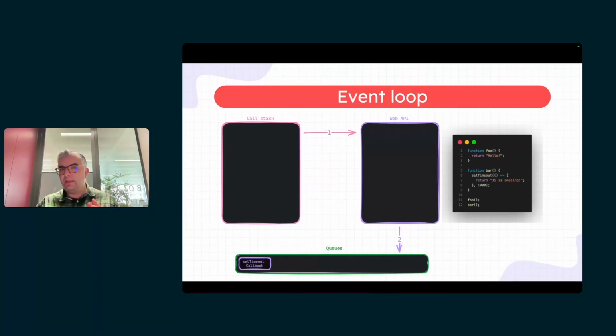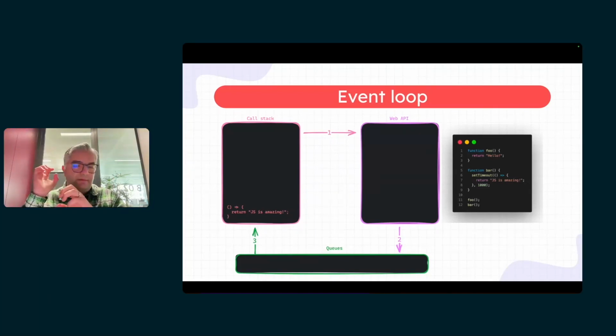As you know, call stack is responsible for running some JavaScript code. So far, we haven't run the code snippet, the function that we talked about, the anonymous function, which returns JS is amazing. We haven't run that on the call stack. This is the place that event loop comes into play. Grab one item from queue and push it into call stack.